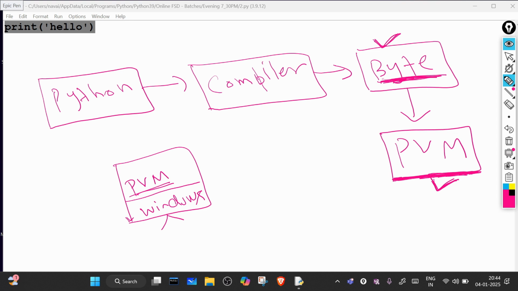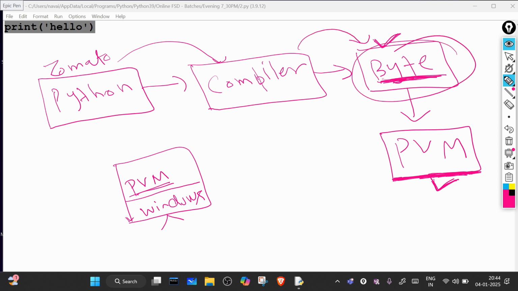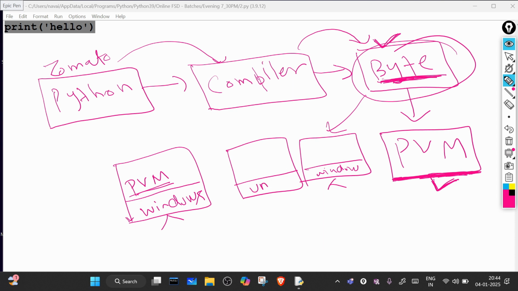So this bytecode we can give to anyone. Suppose you are writing a Zomato application. After compilation, your Zomato application code is converted into bytecode, and you can send this bytecode to any machine. You can execute this bytecode on Windows, on Unix, on Linux.